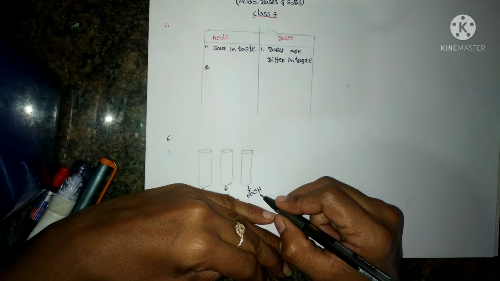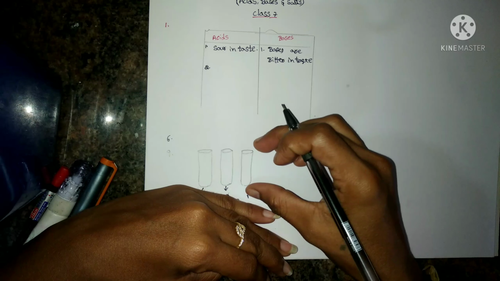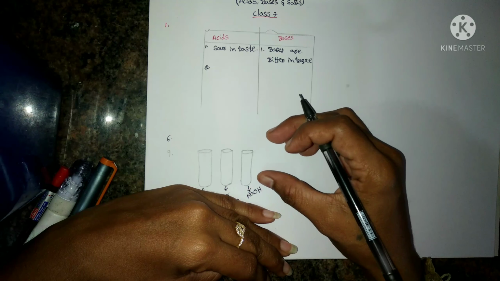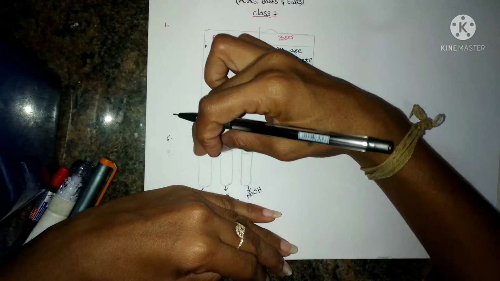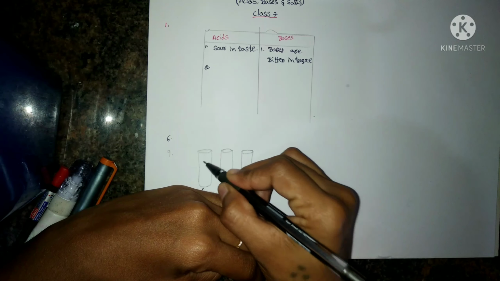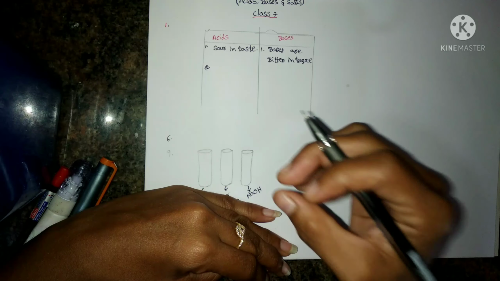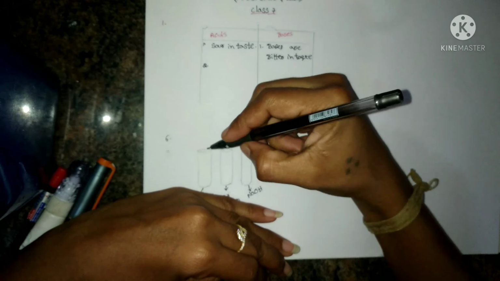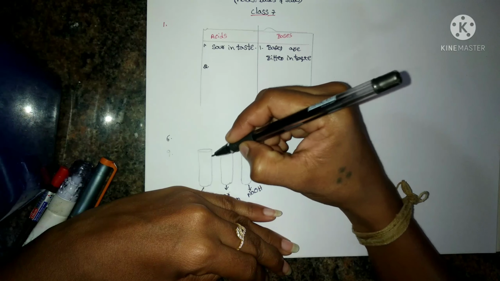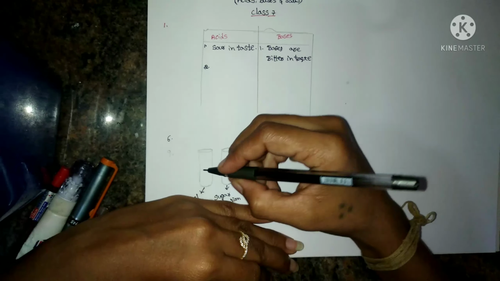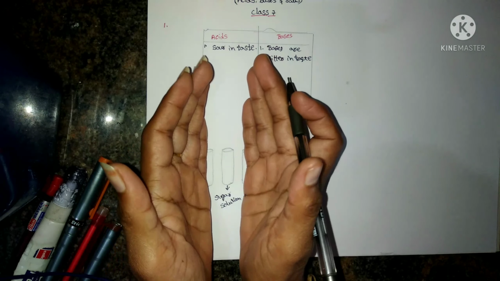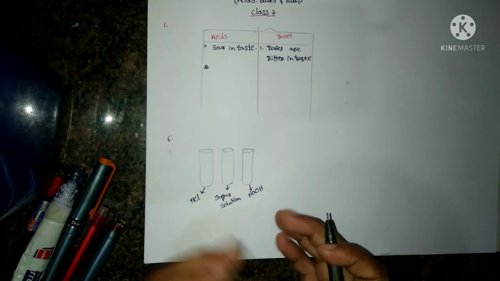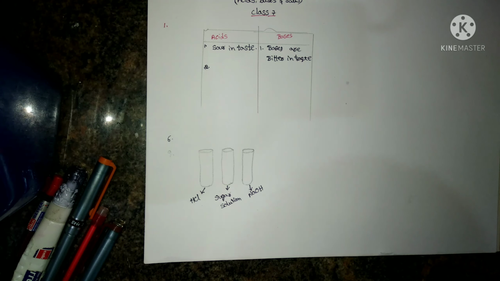So now this will become the base, this is NaOH solution. Now in this test tube, turmeric indicator has changed to red color, right? Dip that red color turmeric indicator in these 2 test tubes. In which test tube does the red color turmeric indicator turn back to yellow color? That test tube has the acid. Now I am considering in this test tube the red color turmeric indicator turns back to yellow color, so this is HCl. The leftover one is sugar solution. Like this you can find which is acid, which is base, and which is neutral.